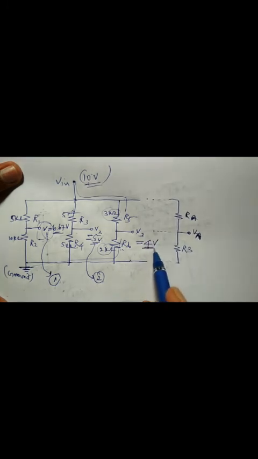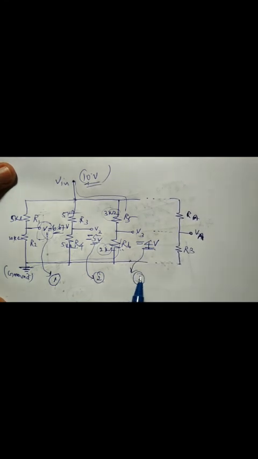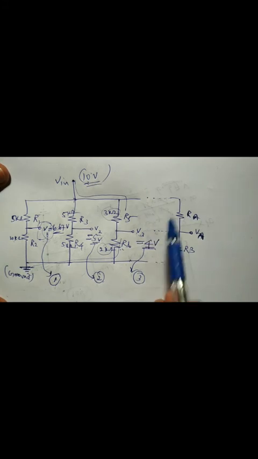The component connected to the ground is 2 kilo ohm, so 2 by 2 plus 3, which is 5 kilo ohm. 2 by 5 into 10 gives us 4 volts as the output. If you solve the third part of the potential divider, then V3 will be 4 volts. So you can give this to an additional power supply and to point 3 of the complex circuit. Similarly, you can go for n number of potential dividers to get n number of individual outputs to drive the circuit further.